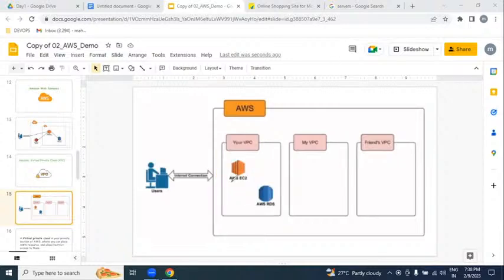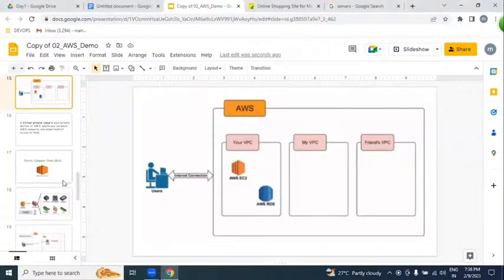For example, if this network belongs to TCS, TCS computers can access it from outside, and it is secure. In the same way, this network is also secure.